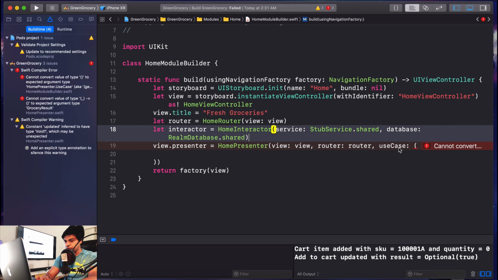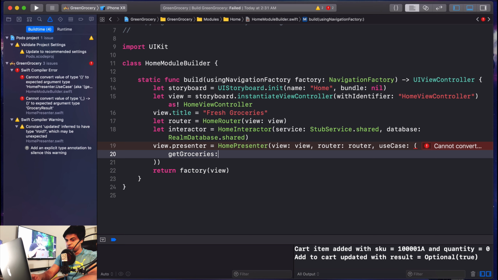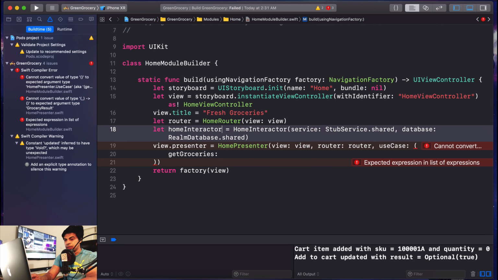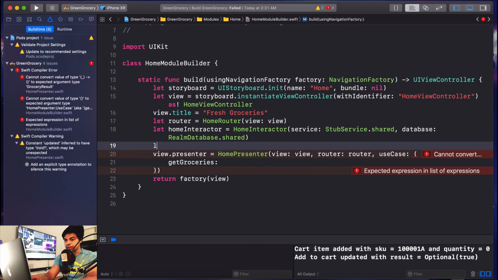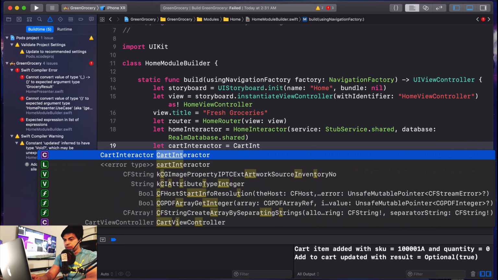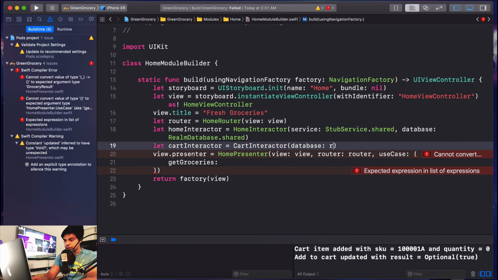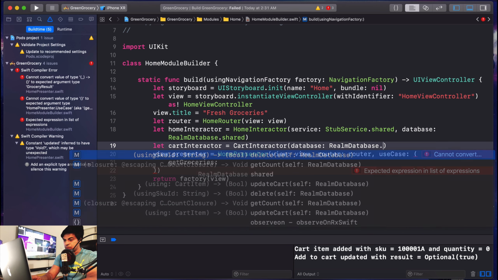Get groceries is one function which is coming from the, let's just call this home interactor, and we also need the other interactor. Let cart interactor, this is where reusability comes into picture. Cart interactor accepts the realm database,